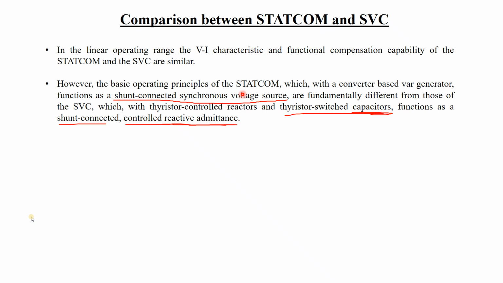When the system is operating in synchronism, it is under stable operation at 50 Hz, so the frequency should be maintained. The SVC is not able to produce voltages with that frequency, but the STATCOM is able to produce voltage. So it is a synchronous voltage source. This is the major difference between the SVC and STATCOM. Even though their VI characteristics are similar, this particular capability is totally different.